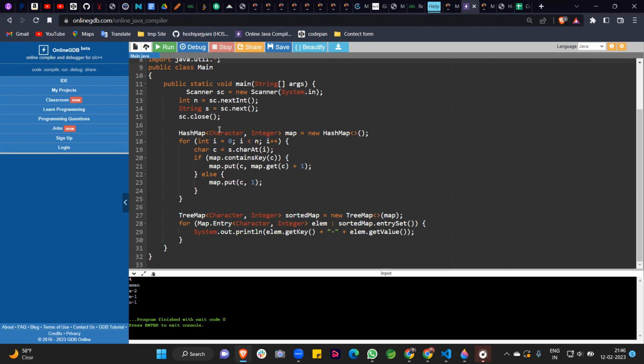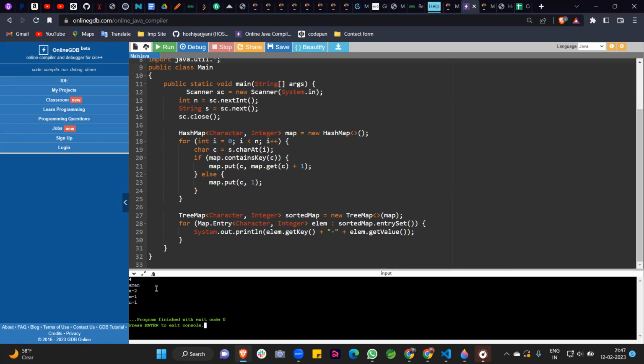After that, we create a HashMap of character and integer, and the name of the HashMap is map, new HashMap. We simply iterate a loop over the string and check if our map contains the key or not. When i is equal to 0, our map finds that this key is not present, then it comes to the else statement. Then we simply put a and the value of a is 1.